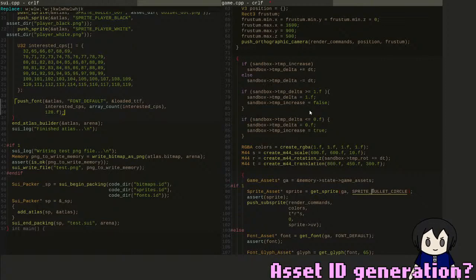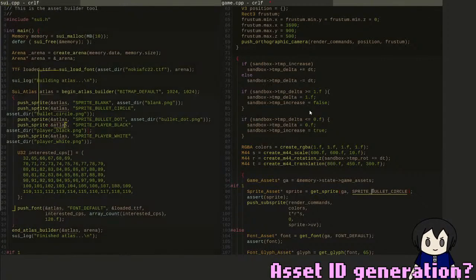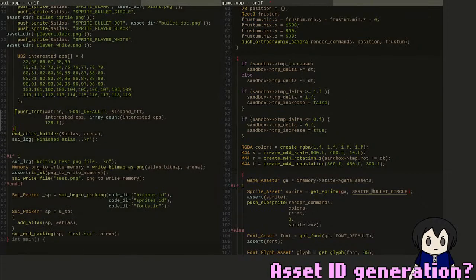Okay, the next thing I want to figure out is I need to tackle this. You know what? Let's commit first. I'm gonna commit. Asset ID generation is done. Nice. Alright, the next thing we need to figure out now that doesn't really make sense to me is the